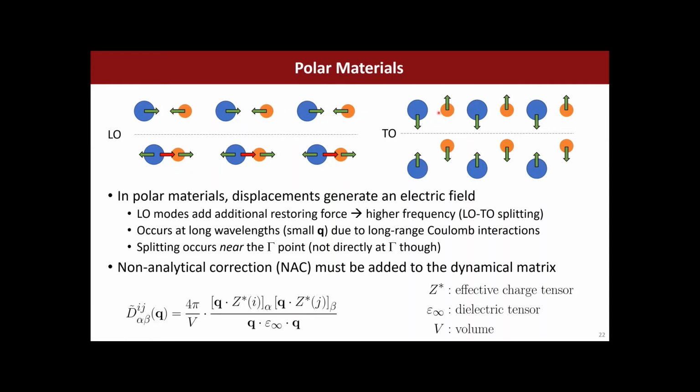It occurs at small wavenumbers because the Coulomb interactions are very long range, and it especially is much more prominent near the gamma point, not directly at the gamma point, but near the gamma point. And there is a so-called non-analytical term correction that must be added to the dynamical matrix. I put the formula here. What is important is that it depends on